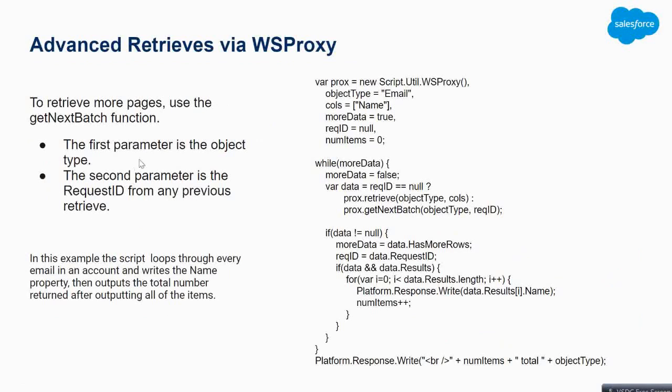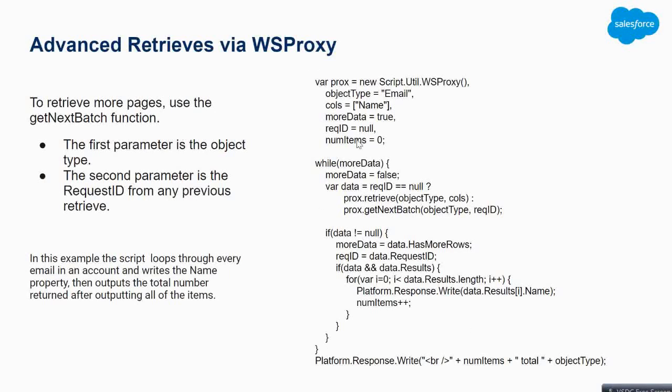Okay, some advanced retrieves, as I have told you. Okay, earlier you were getting the data for only the first page. Okay, if you consider it as pagination, you are retrieving only the first set of data extensions. But for example, you need the data extensions for an entire business unit. In that case, you have this get next batch. So what this will do, it will give you the next set of data extension information.